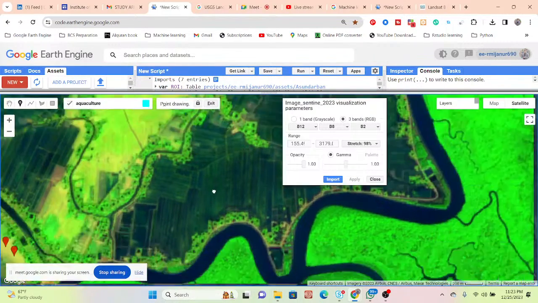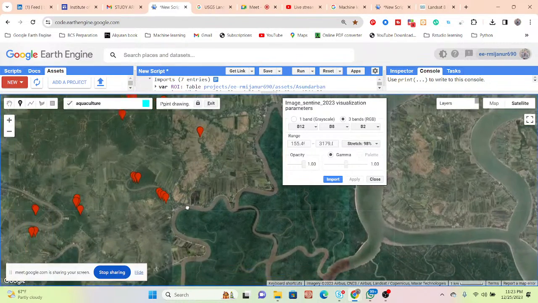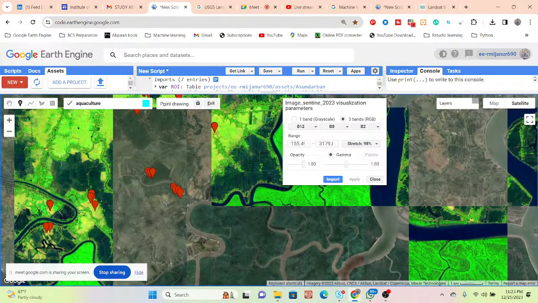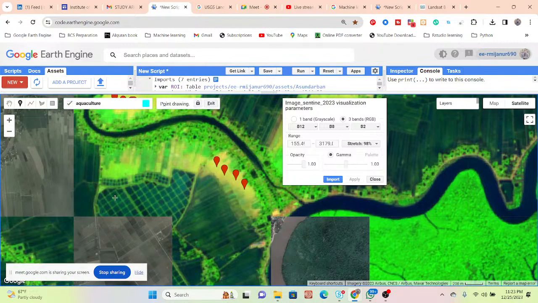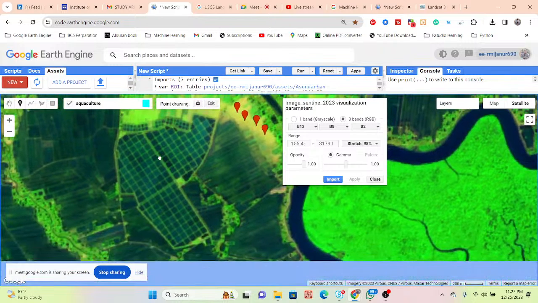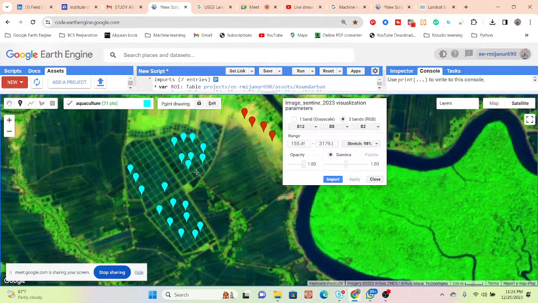So now we can get this type of thing about the aquaculture. Okay. So this time, you just take some training samples from here from aquaculture, and there is a very good chance that the pixel ratio or pixel spectrum is the same as the water body. So that's why it also needs more chance for that.